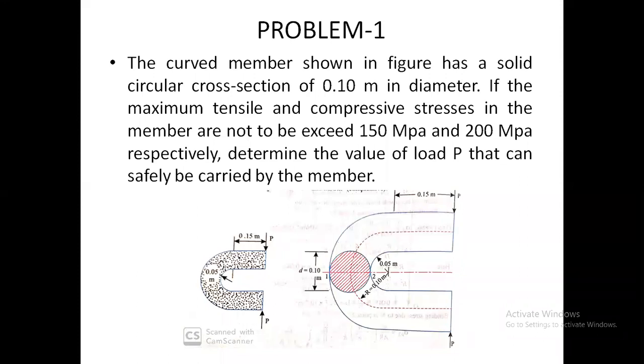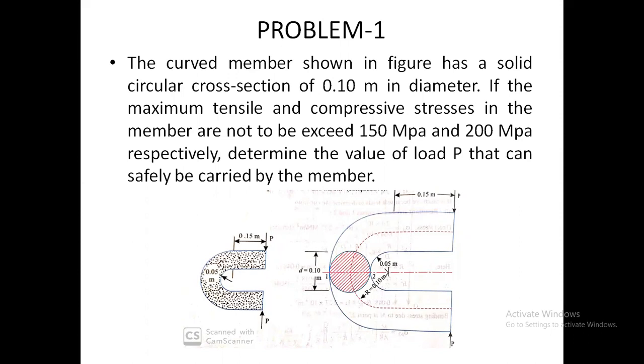Now, if you observe carefully, if you see the same problem in a bending stresses scenario, it is very easy. If you take a circular cross section, the bending stresses will be maximum at the top and bottom of the section. If that section is simply supported, the top will be under compression, and the bottom will be under tension. These two stresses. The same way we have to do it, but here it is not a straight beam, it is a curved beam. That is the only difference. We have to understand it clearly.